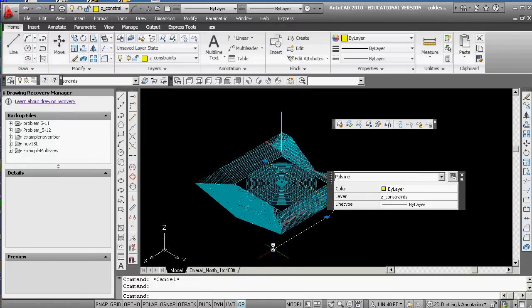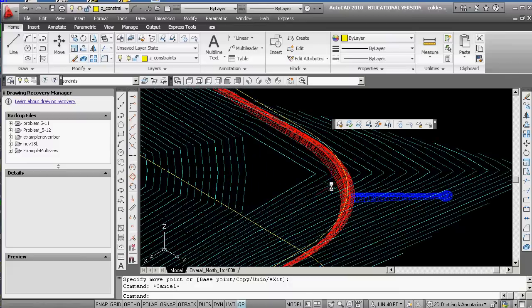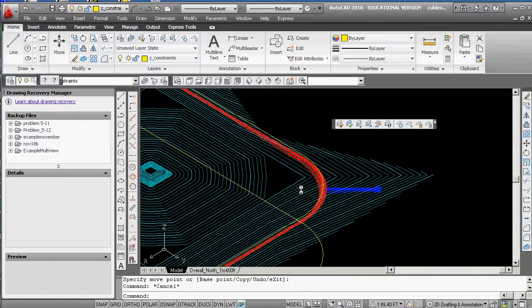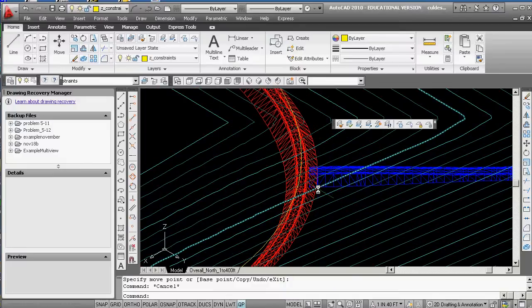Left click, spacebar, C for copy, .xy of the end of that, need a Z of .z of the end, and I'm going to go all the way up to the top of my hill here. And now I've got two things kind of done. What I'm going to do now, just out of curiosity, I'm going to copy that